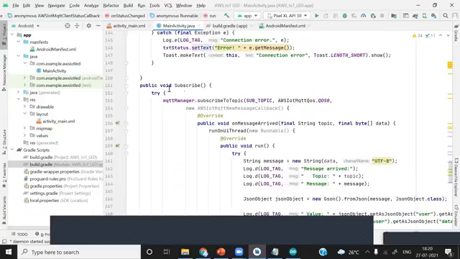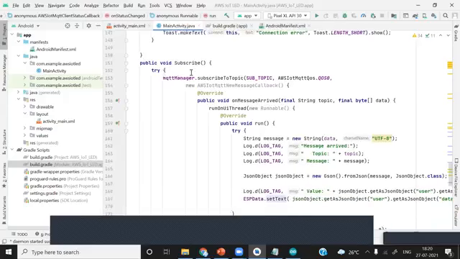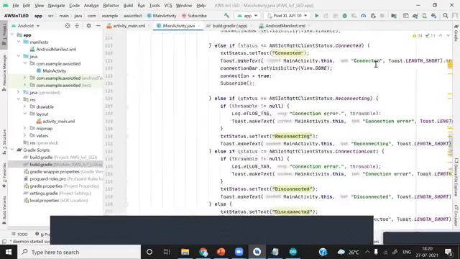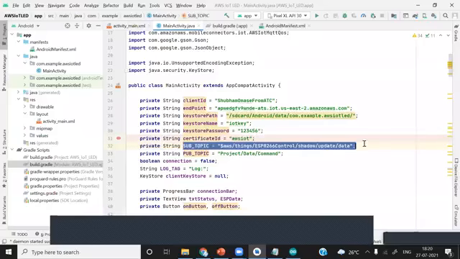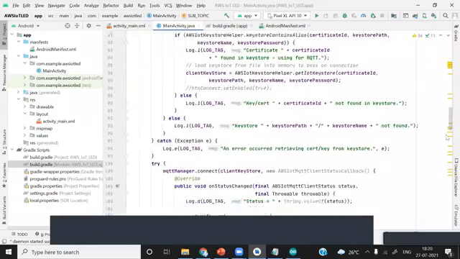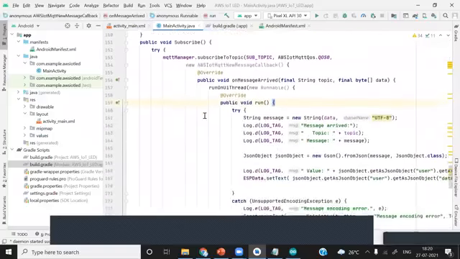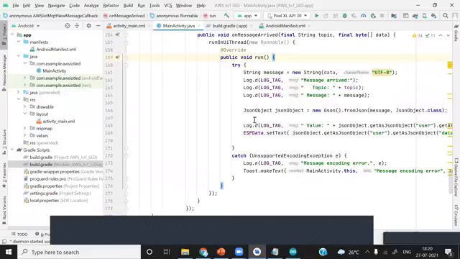After this, if we successfully get connected with AWS IoT, we are subscribing using this MQTT manager dot subscribe to topic, and our topic was subtopic. We have defined it over here. And see, subtopic. So it is connected with this one subtopic. And so whatever the data, you can see we are deserializing the data here, the JSON object. Whatever message we are receiving, you can see, we are just putting that data over here.